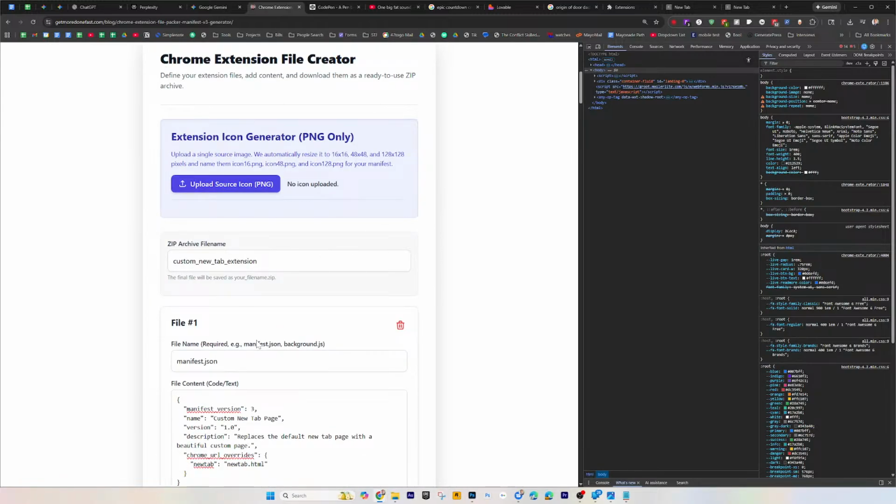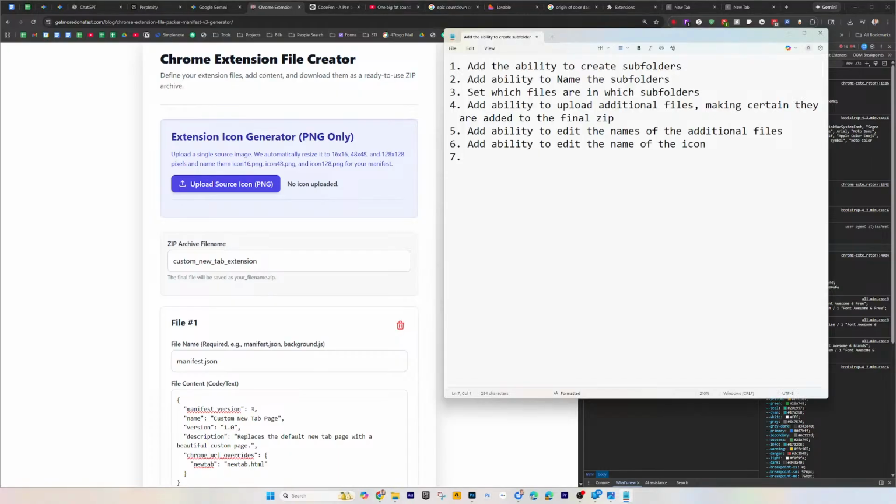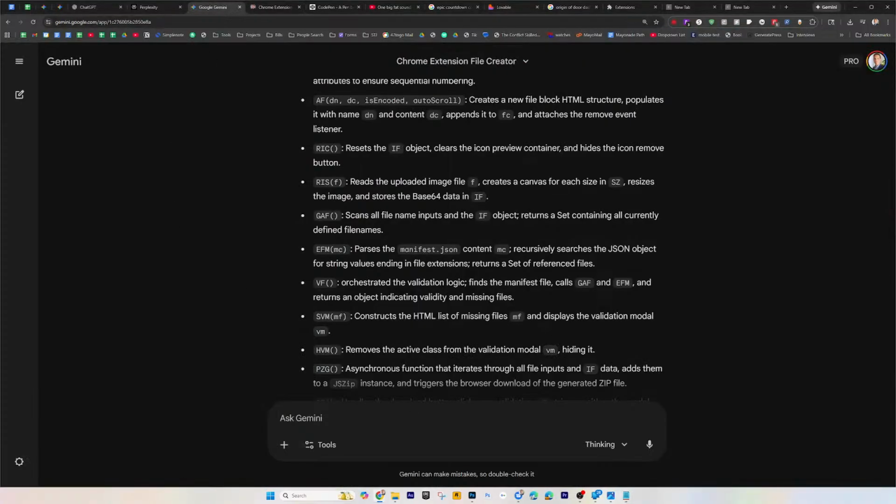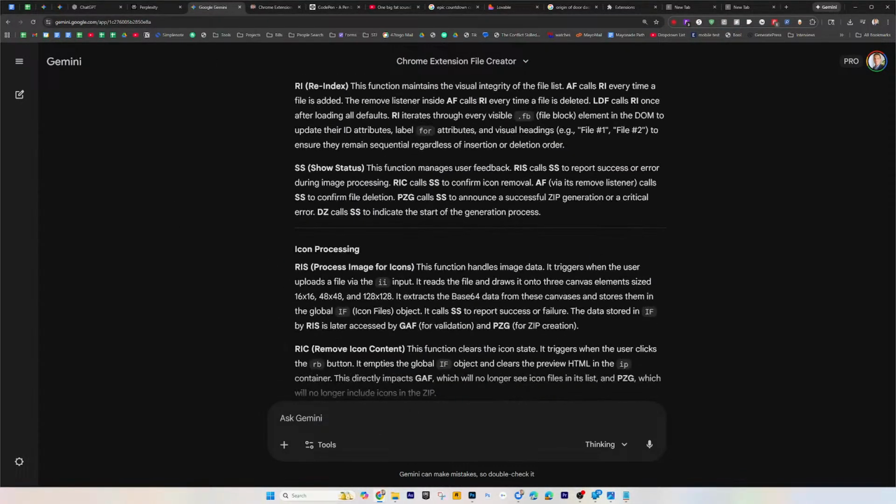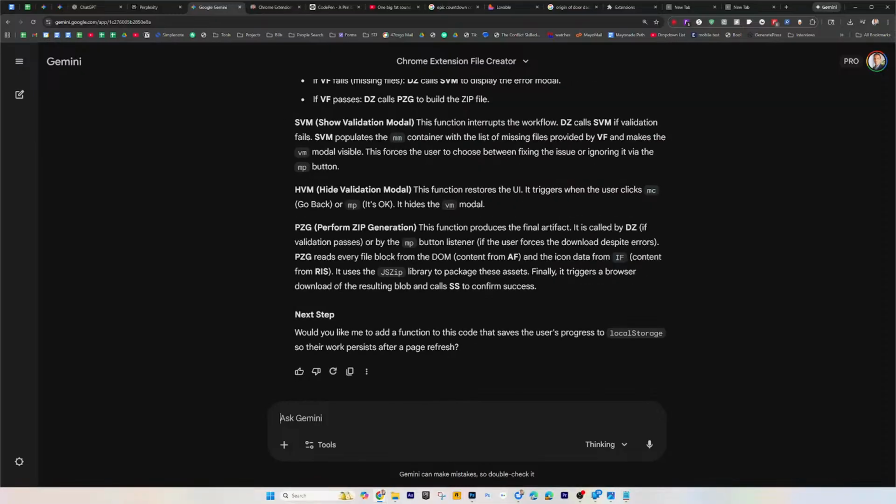But I'm not going to worry about that yet. Let's consider that a next separate update. Okay, let's go with all of these. And I'm not going to have Gemini add all these yet. What I'm going to do is have it write a report for us, write a detailed